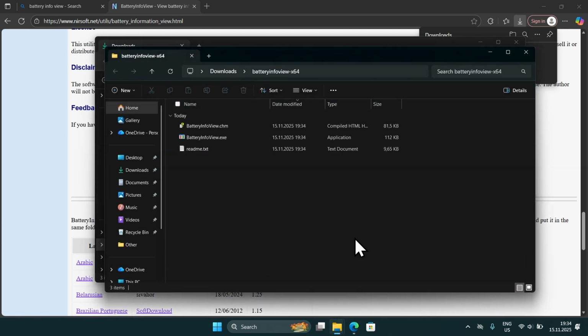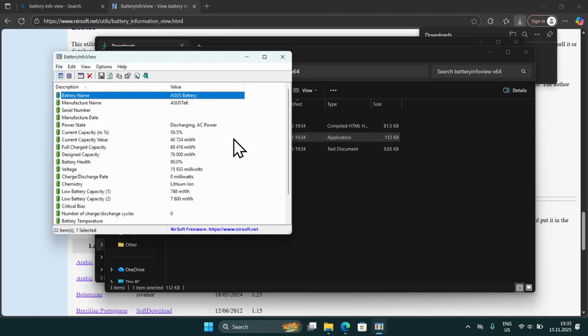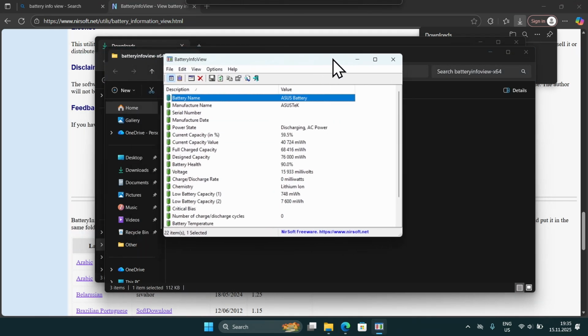The archive will be extracted, and the folder with the extracted files will open on your screen. Now you can run the program by double-clicking the batteryinfoview.exe file. In the opened program, in the battery health line, you will see the percentage value showing your